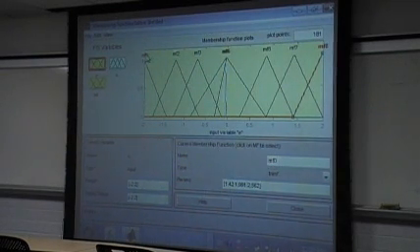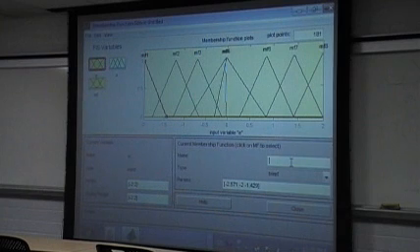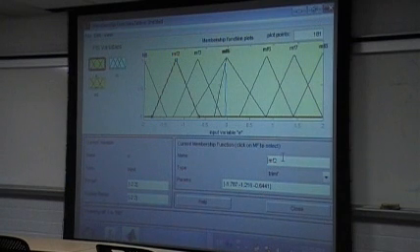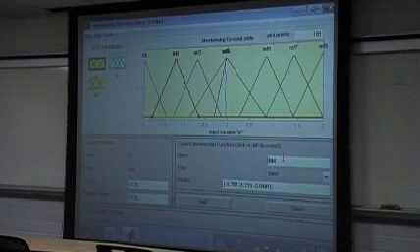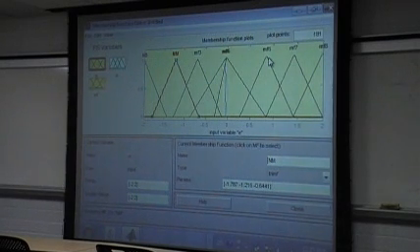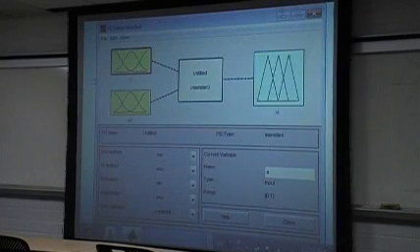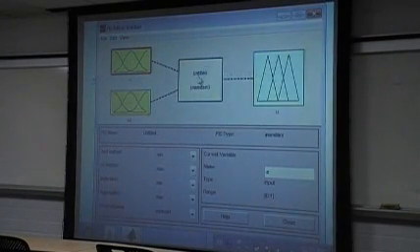And also we can rename the sets. For instance, we can rename this one to negative big. We can rename this one to negative medium. So we can change the name of this set because we will use the names later. So we have to change all the names. Similarly, we can do the same thing for the 3 signals, E, ED, and U. We can modify them, and then we can